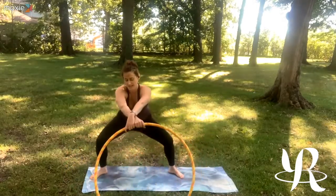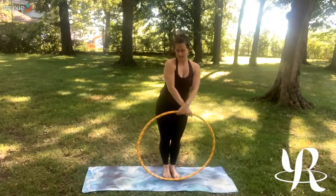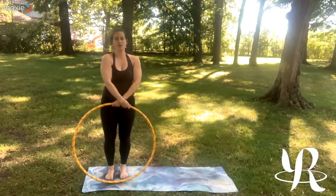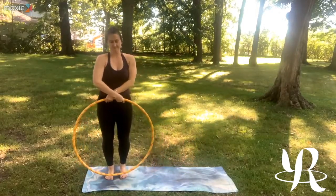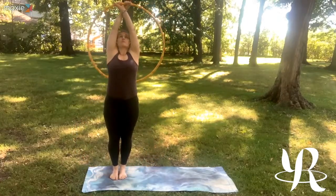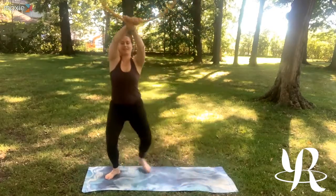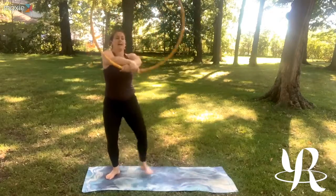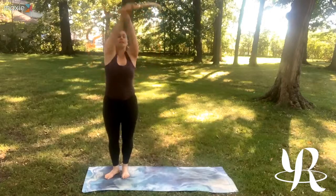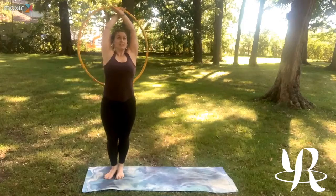And come back into the middle, and step that right foot in. Great. Come over to the other side of your mat and cross the right hand over the left now. So inhale, flip the hoop up and over. Exhale, step that left foot out and squat. Inhale, back together. Exhale and squat. Inhale, up and over. Exhale, squat. Inhale, up and over. Exhale,